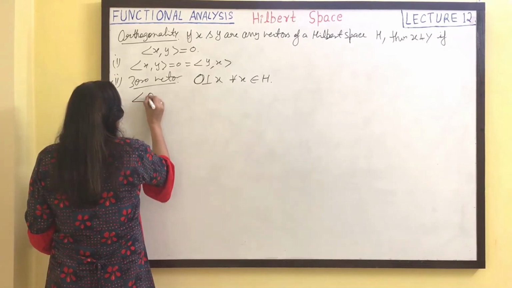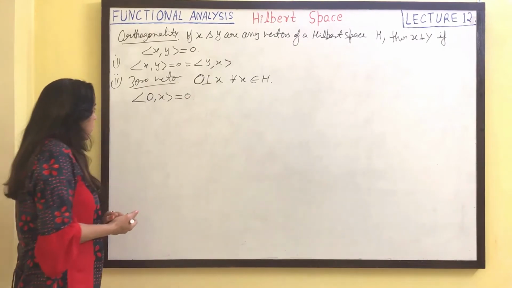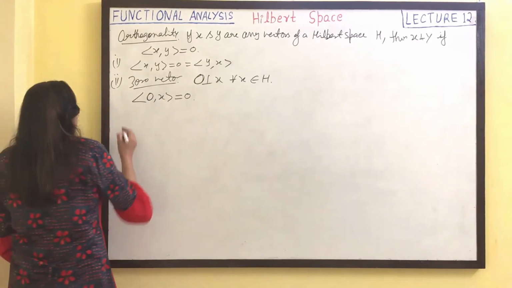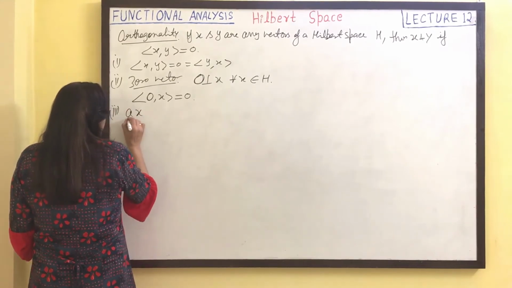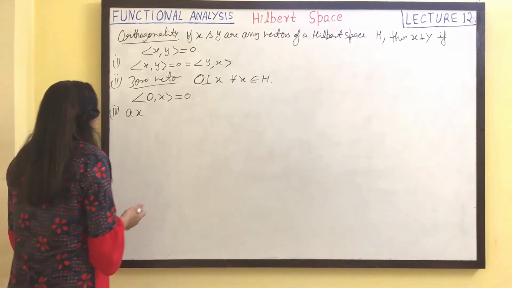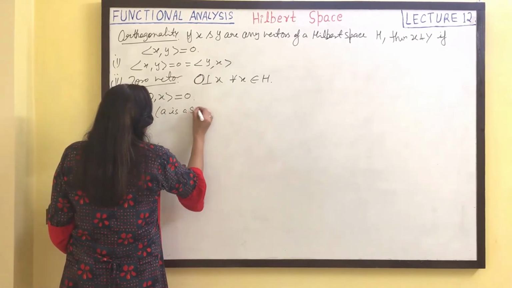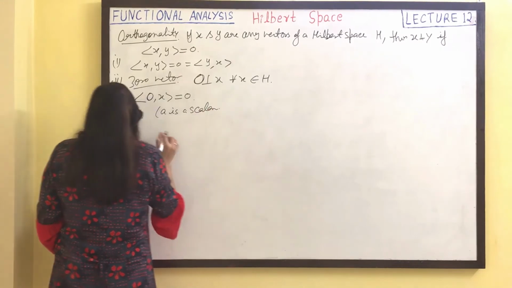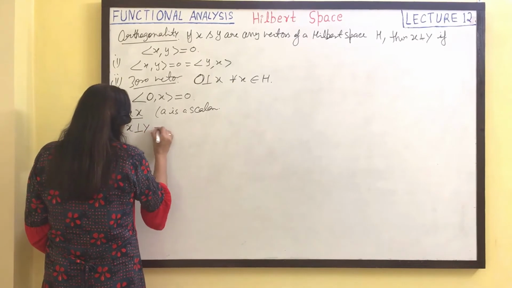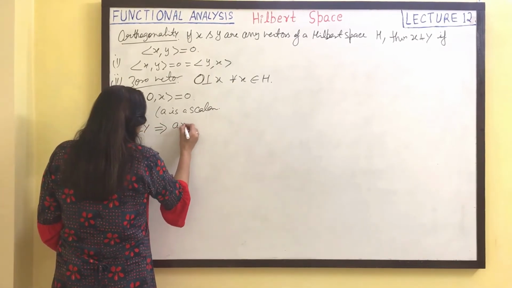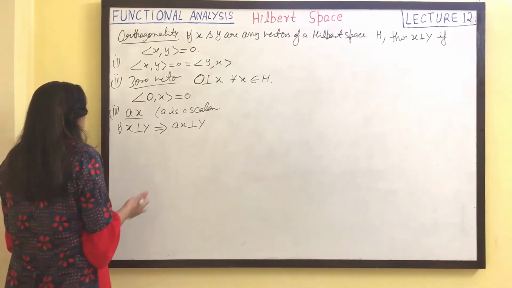Or we can say 0 comma x is equal to 0, right? And the third property is a scalar multiple of a vector. A is a scalar. If x is perpendicular to y, then ax is also perpendicular to y. We can prove it